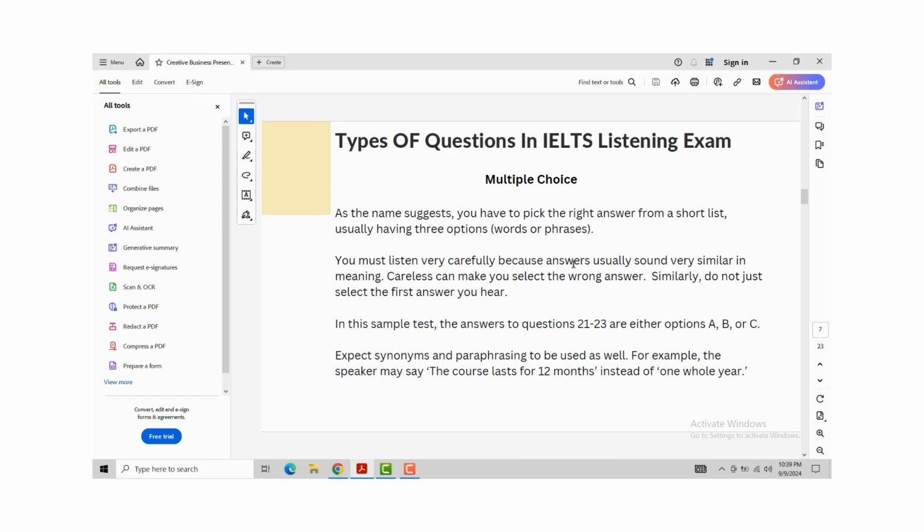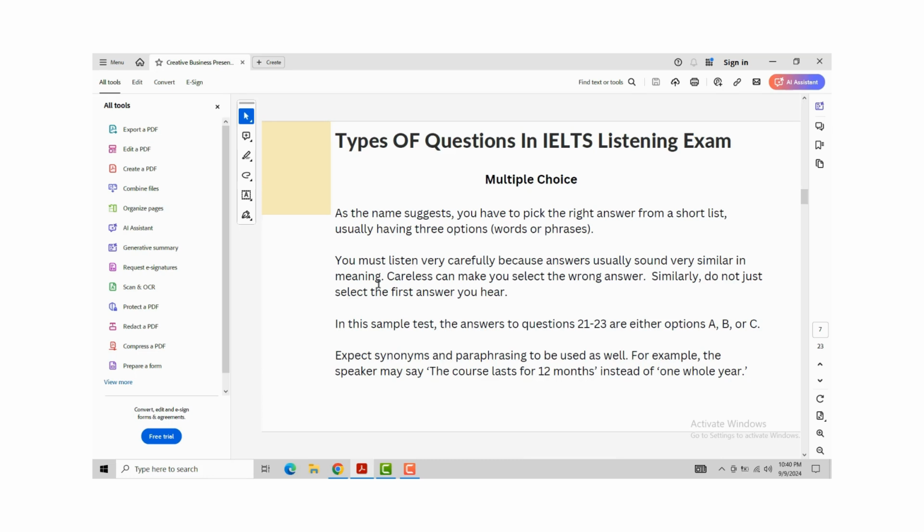You must listen to the recording very carefully because answers usually sound very similar in meaning. They all seem to have the same meaning, and so it becomes very difficult to pick the right answer. And another thing, do not just select the first answer you hear because it may seem the right answer, but after further listening, you may find that this is not the correct answer, but the correct answer is option number 2, or option C or B instead of option A,